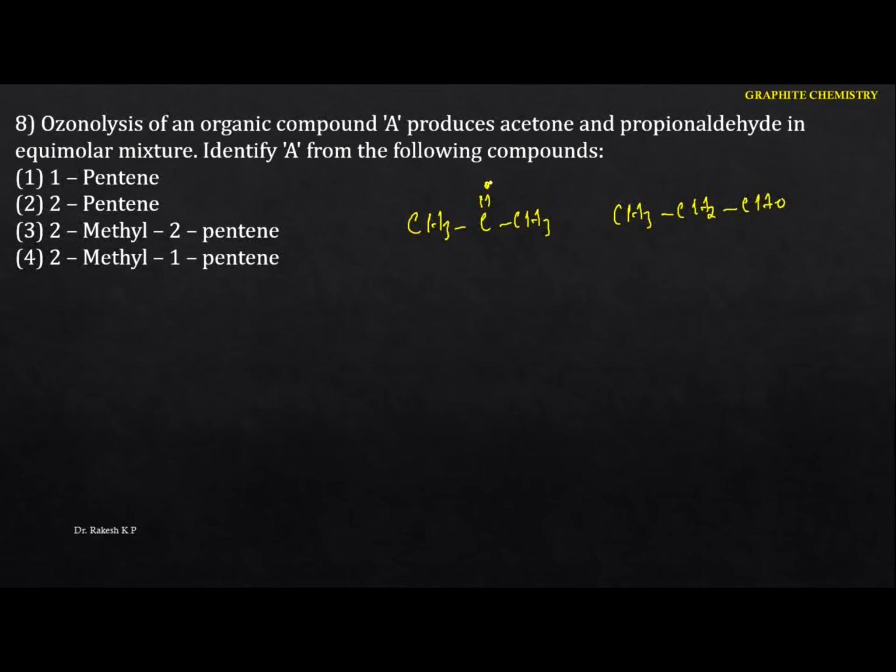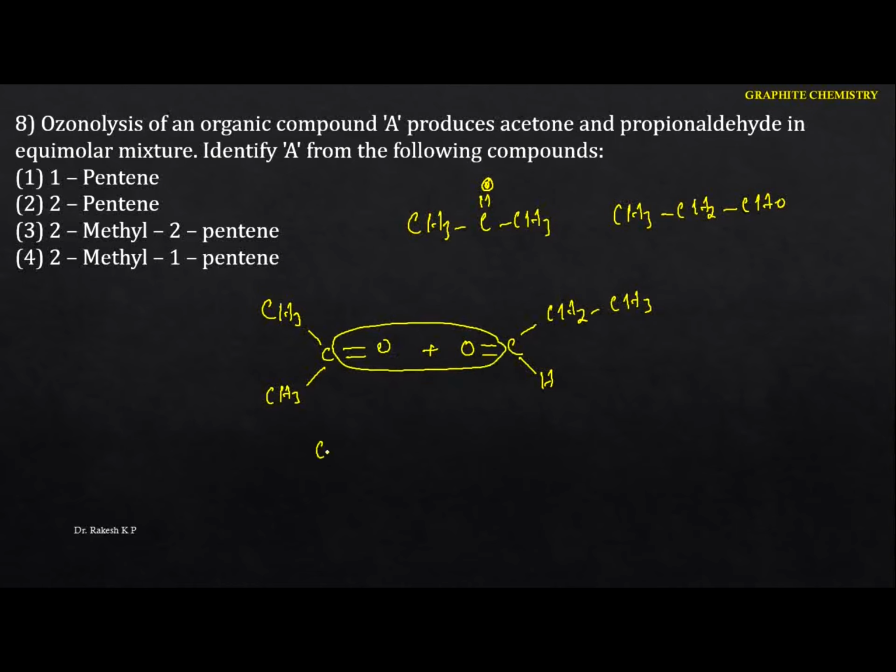To identify the alkene, let me write it in this form. I'm going to indicate the carbonyl group like this, CH3, C=O, CH3. Similarly, I indicate the carbonyl group of the other compound, propanaldehyde: O, C, H, and here the CH2, that is the CH3. Now you just remove the oxygen and put a double bond between the carbon atoms. We can easily get the alkene. This is a simple way to identify it.